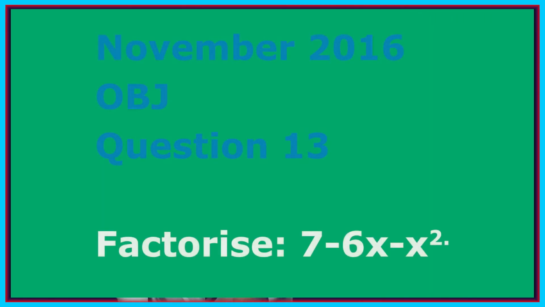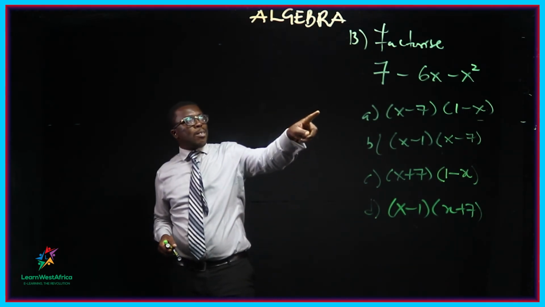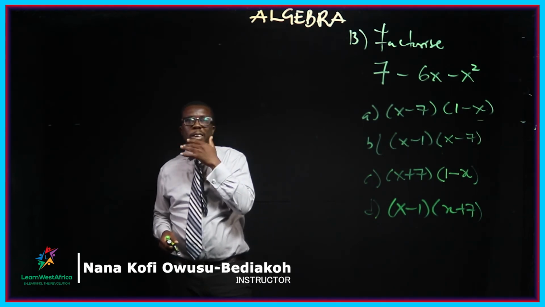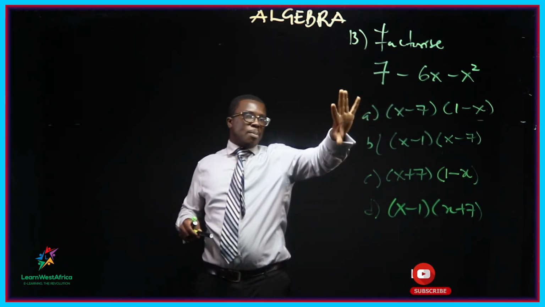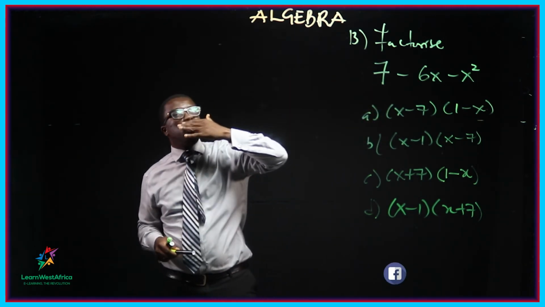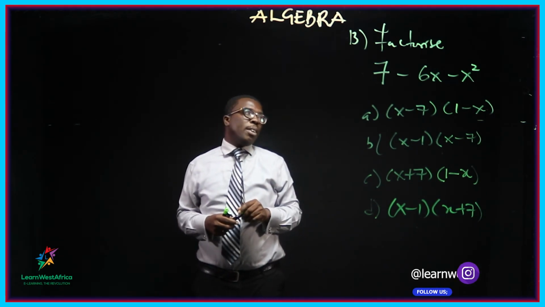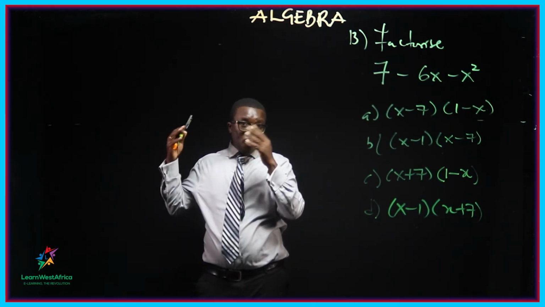Question 13, A, factorization. Factorize 7 minus 6x minus x squared. So for 13, we should factorize 7 minus 6x minus x squared. You want to factorize. So the principle is still the same. Also, we have factorization. But don't get confused. What I say, the answers are very simple. So what you can do is rewrite it. You can just write at the very beginning